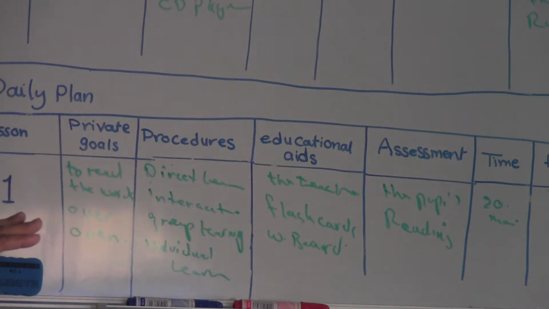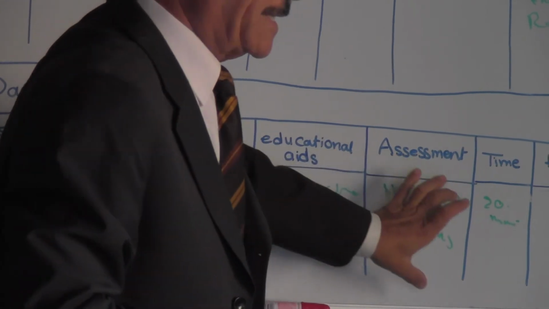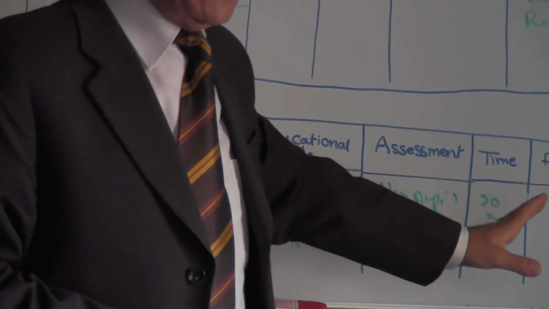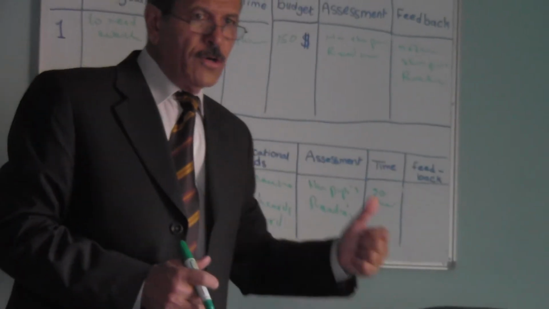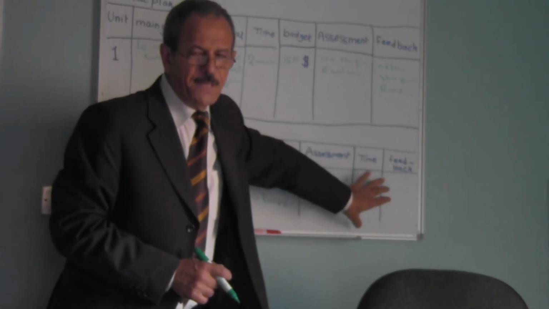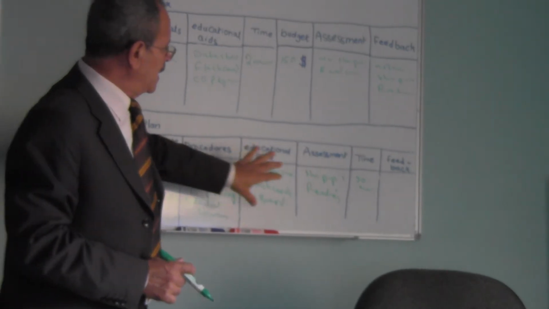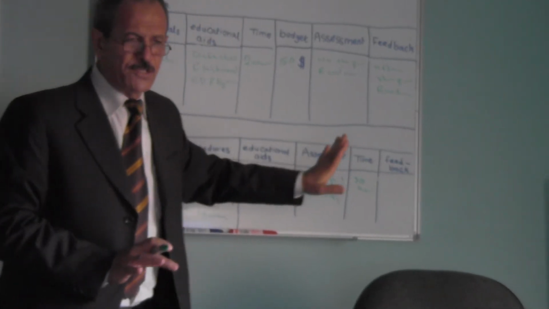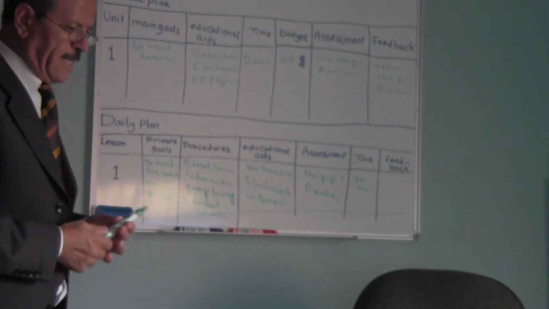Feedback about this lesson. After noticing the pupils reading, we can say that the pupils read well, or the pupils read not good, or the teacher didn't do well in this period. So he, in the next lesson, should take care about the faults for it in the lesson. This is the style of the daily plan.